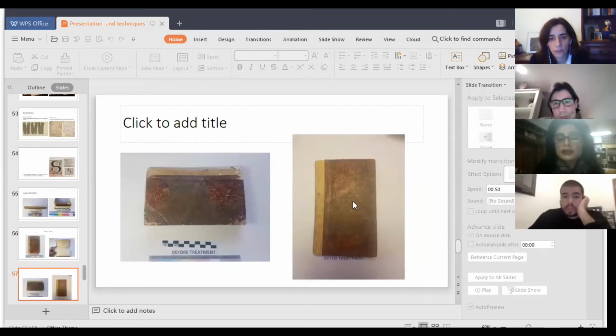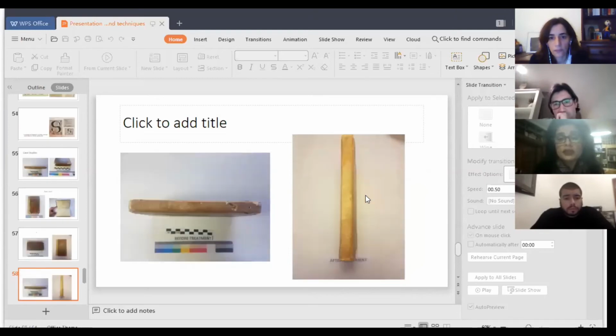We applied the chromatic technique of tonal modulation. We gave it a marbling effect because it did not have any writing on it, but this was a historic book from 1846, just to make it look presentable. And of course, here as you can see, it's missing. And here the lacunae is infilled. And then with one very mild watercolor, it was filled to just give it a presentable look.